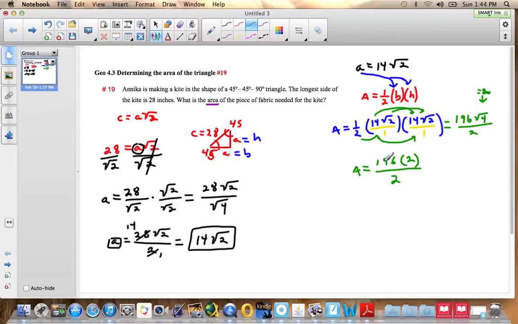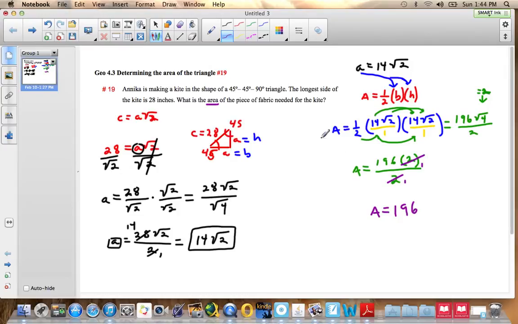My 196 I just dropped down from right here, the 2 is what the square root of 4 equals, and the 2 in my denominator I just dropped down from there. Lastly, I can simplify this right away: 2 and 2 cancel out, right? Those become 1. So then this makes A equals